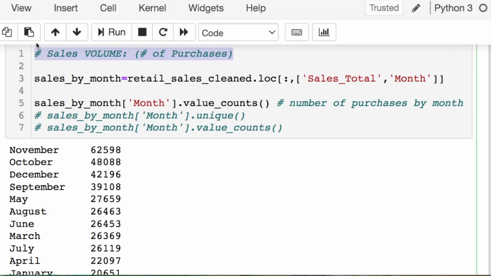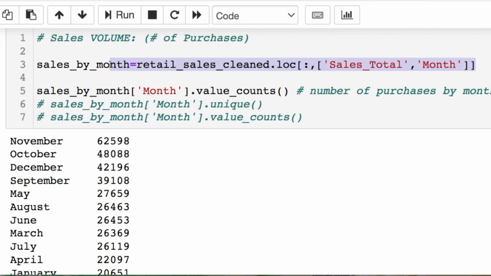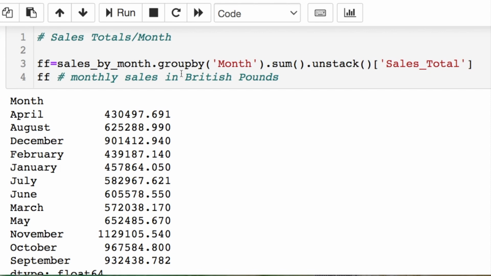Notice that right here we're dealing with sales volume, and what I did was I took the specific 2 columns, the month and the sales total, and from there I subset and only did the month, and I did dot value counts. Now this is taking basically a volume count. I can't use this if I was looking at total sales. I would have to do a group by sum, so we'll see that in a second. This is allowing us to see that by month we had this many transactions, whereas when we do this one, we're actually finding the amount of sales by month.